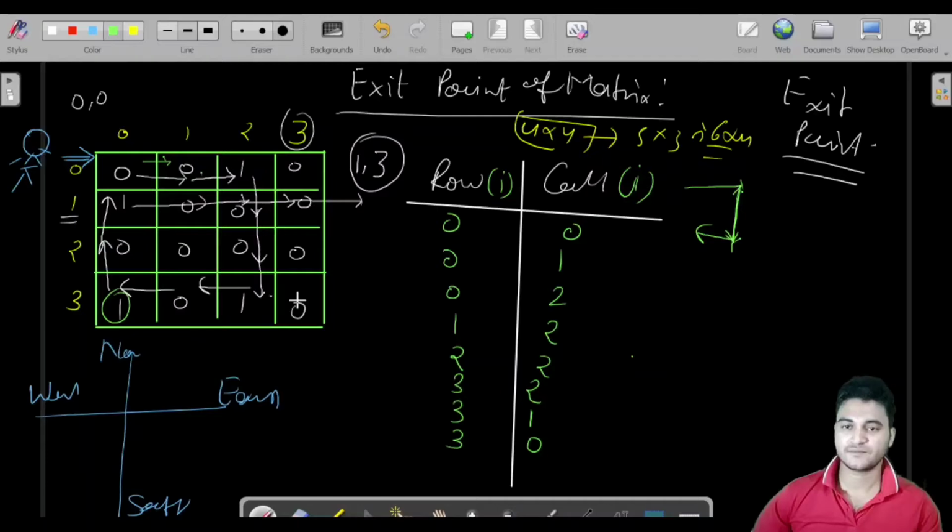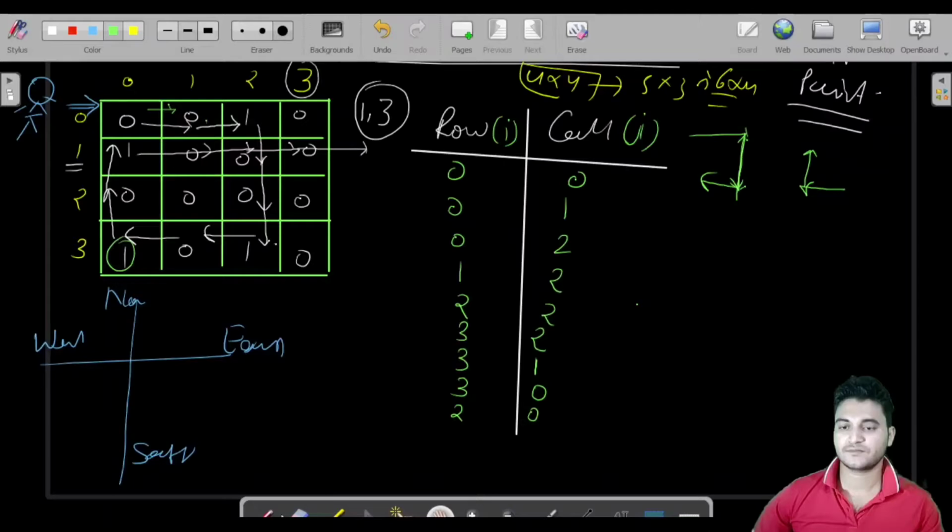Now we found 1. If we found 1, then we were moving into this direction, we found 1, we have to move into this direction. So moving into this direction, we have to decrease our row, which is i. So 2 comma 0. Again we were moving into this direction, we have not found any 1, so we would move again in the same direction. Then we have to decrease our row again.